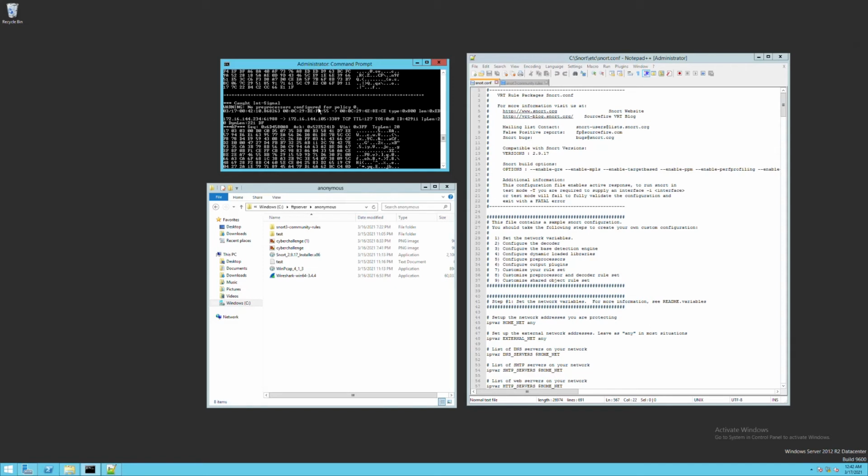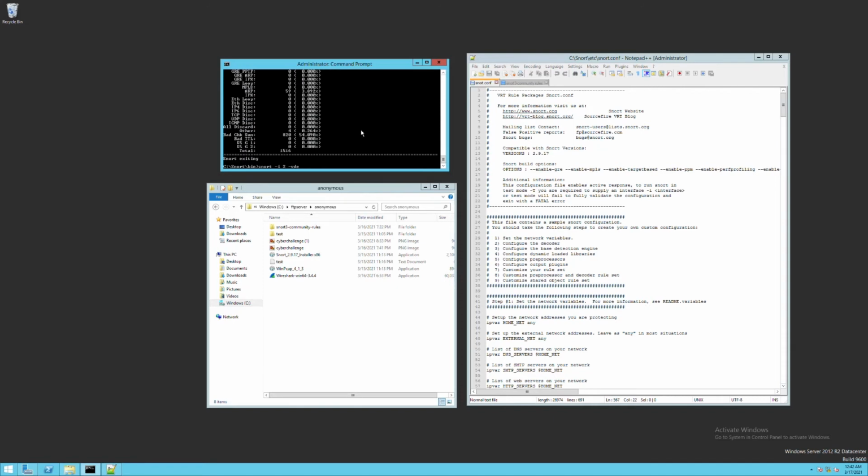No preprocessors configured. If I just run with snort -i 2, I've actually not linked it to any kind of configuration file, and I'll show that in a minute. But basically, that's what loads in our rule sets for how to deal with packets that are coming in. But before we do that, I'm going to go ahead and show, for instance, if I want to use this later, I can do a very similar